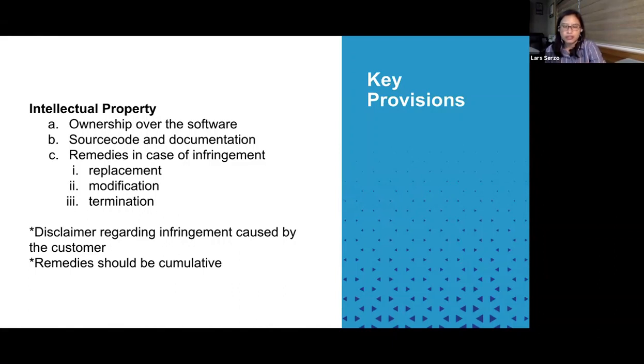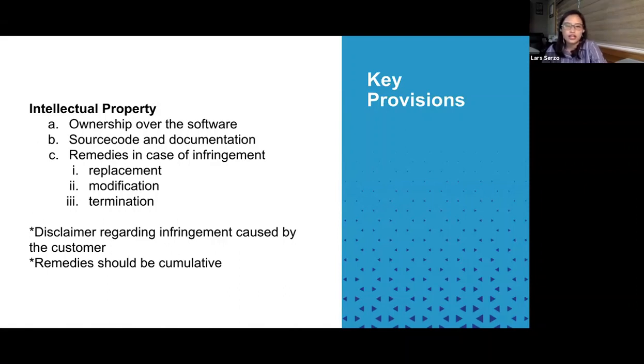Although sometimes getting the source code would, in reality, do nothing for the client, since it's not like the source code will be understandable. It's not like there's a universal language that all developers could understand. So sometimes you have the source code, but the provider breached, and even if you have the source code, you're still left with a piece of software that you can't use.